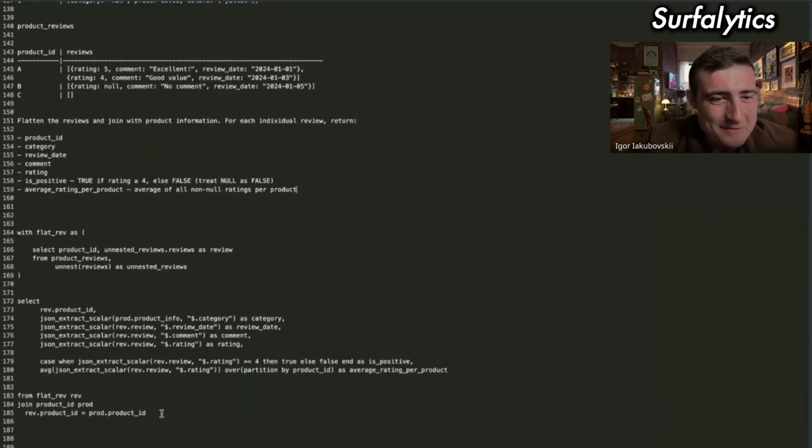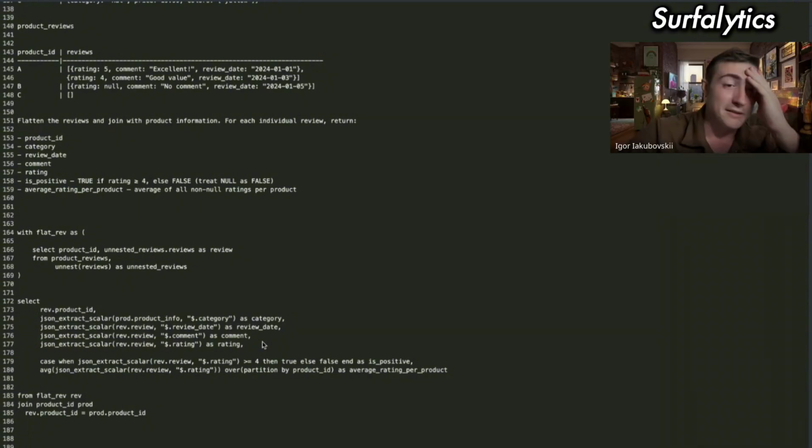Probably as a result I can get a row with product C and review with null, and it could lead to error if I apply JSON extract scalar, but there is some function.